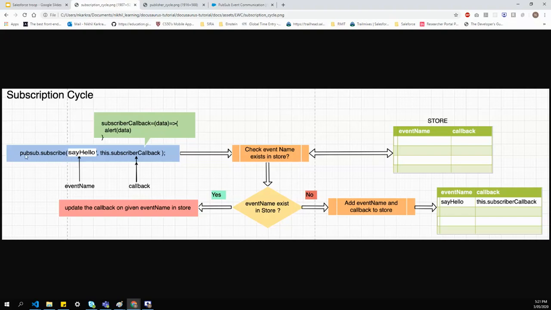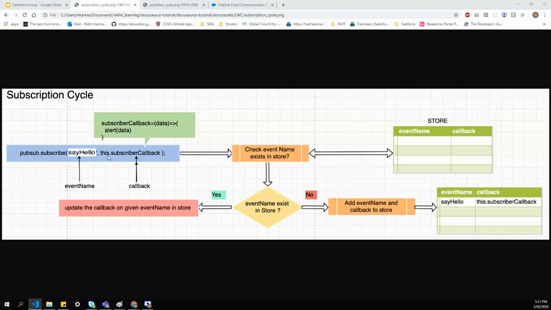Within the PubSub module, we'll create a subscribe method, and when we call that subscribe method, we pass the event name, like I've shown here, say hello. I'll create a callback, which is the method. The method I have created is a subscribe callback that receives the data and alerts the data. That reference I'm passing is this dot subscribe callback.